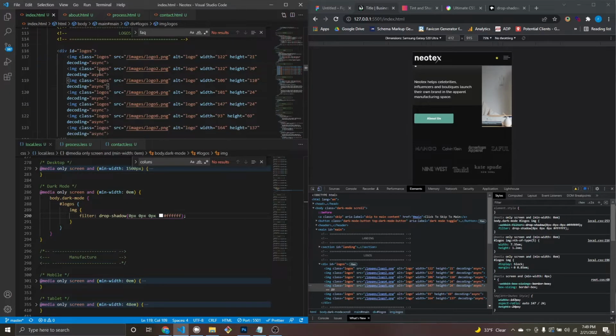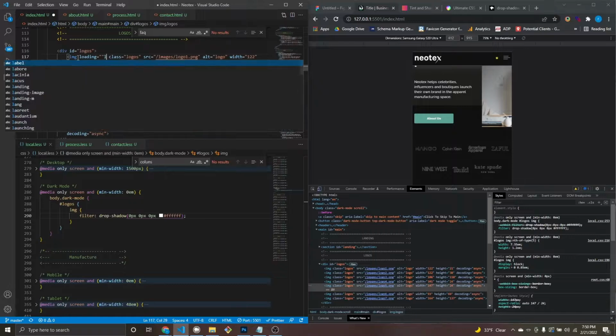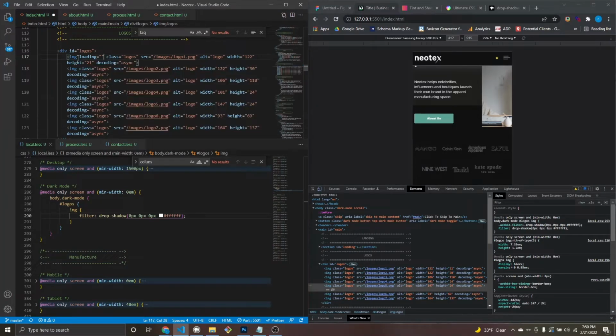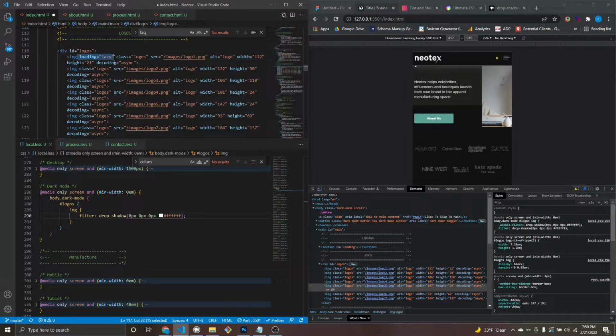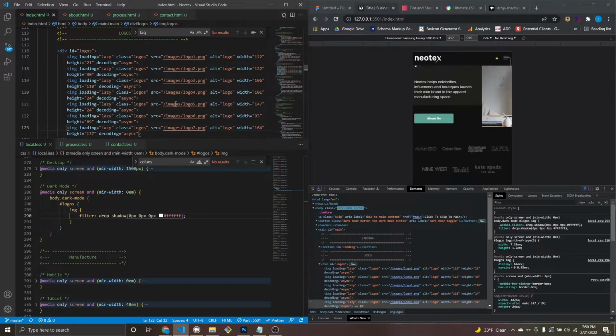Also, why do none of these have loading lazy on them? Travesty. And plus these logos, excuse me, they're not final, so I'm not even gonna worry about them. I already know what kind of logos I'm gonna have. So worst case scenario, if I can't get